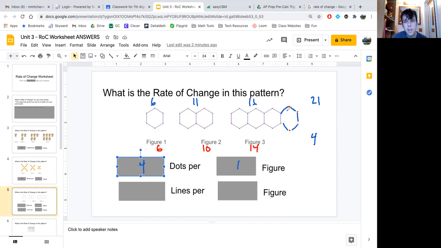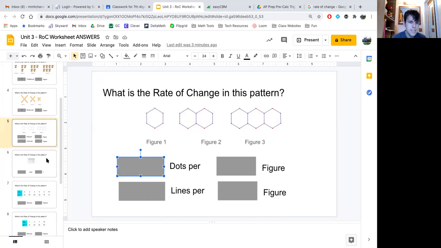Pretty close, pretty similar. We're not adding 4 this time, we're adding 5. You can see it here when I drew that next shape. We drew 1, 2, 3, 4, 5 more lines. So we're actually adding 5 lines per one figure. So dots and lines are close. We're actually using more lines than dots. It's kind of interesting there. Right? And then let's